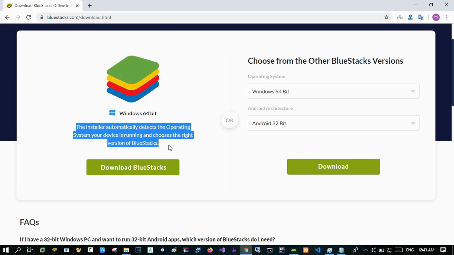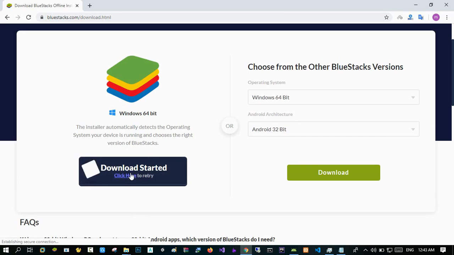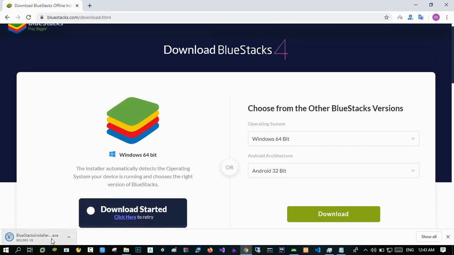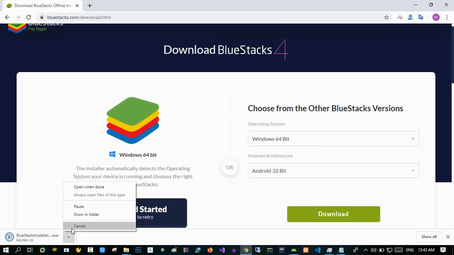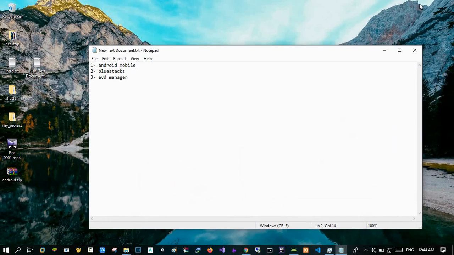We choose the version and press the download button to start the download process. After downloading BlueStack, what should we do? As you see, I have downloaded it before, so there is no need to download it again. After installing BlueStack, you should run it. As you see, I have installed it before, and the installation is a very easy process. You should only select next for installation. Just this. You should run it after installation. When you run it,